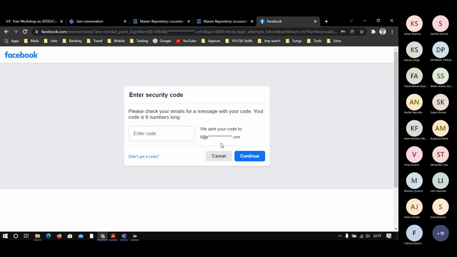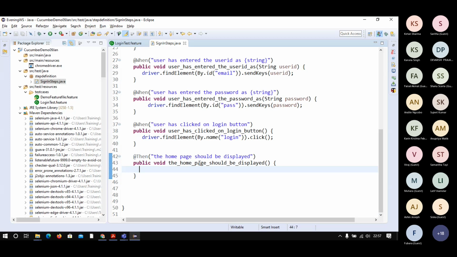Asking for security code. Let me just write a dummy code for that. System.out, which is displayed.